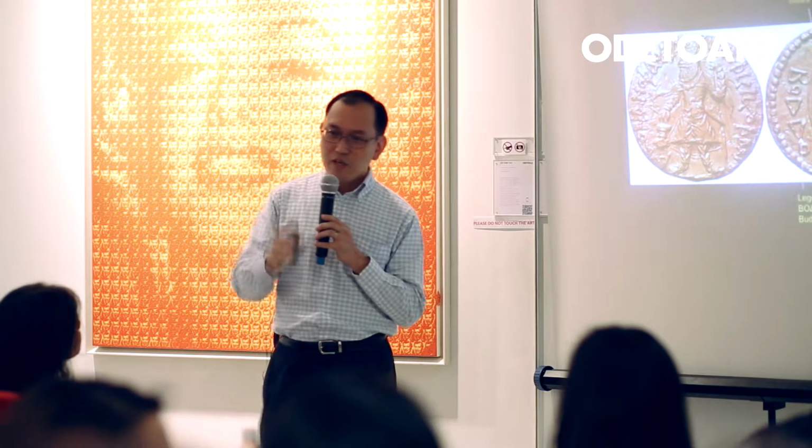So you see this figure wearing a monastic robe, having what you call an Ushnisha, a bump on the head representing his super spiritual wisdom. The robe itself is called a Sangati, and he has a halo,